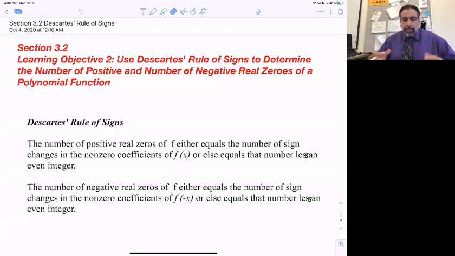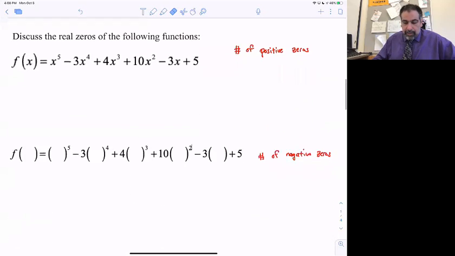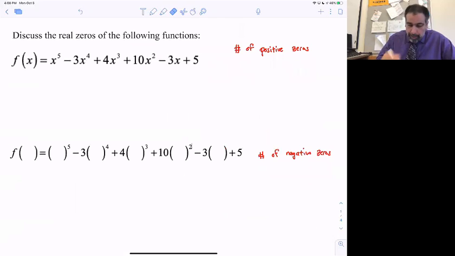Let's look at this in practice. We'll really make this work. Short section today, just a couple of examples. So in this first one, we're going to look for the number of positive zeros, okay? The first thing we're doing is we're going to put this in decreasing order. So the highest exponent, and then we're going to go down each time, and we're going to look for the